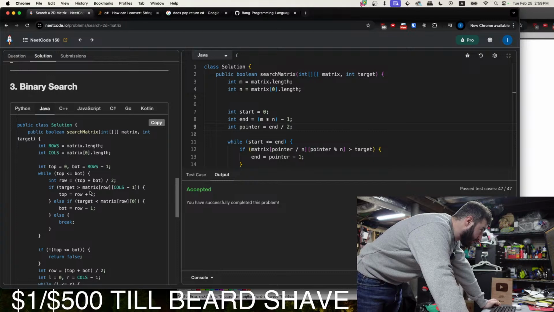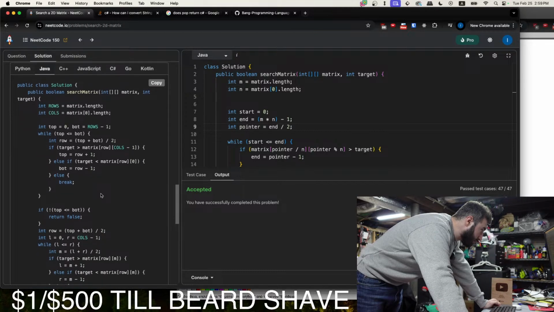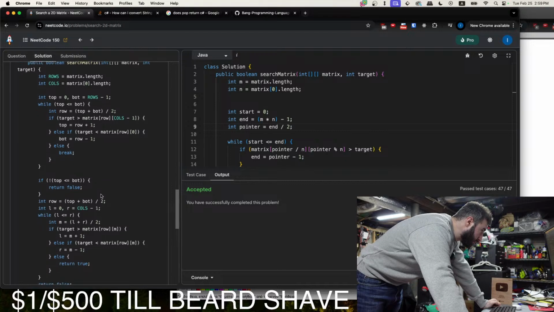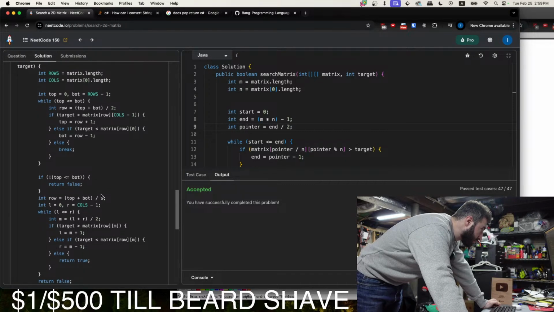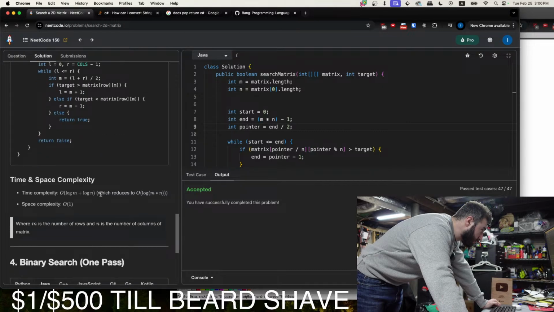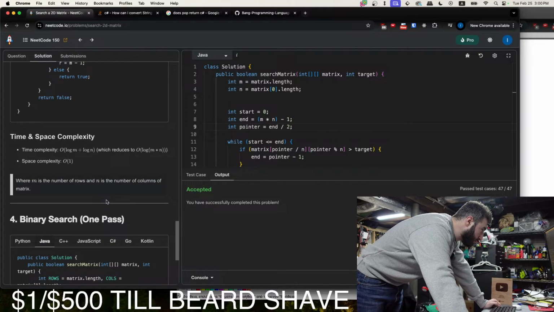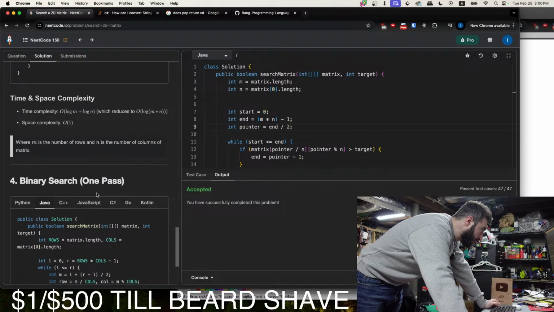All right, target is greater than matrix rows calls minus 1. Binary search 1 pass.